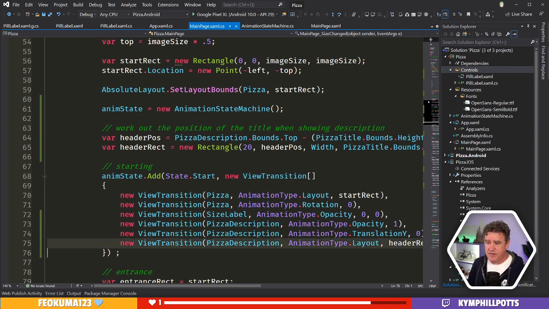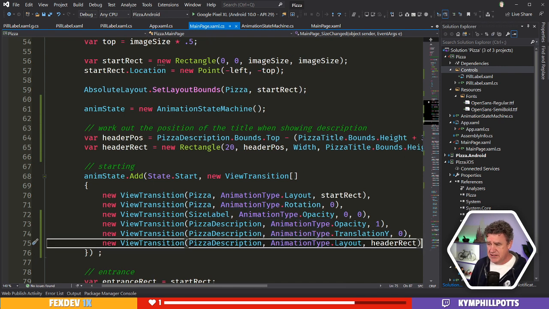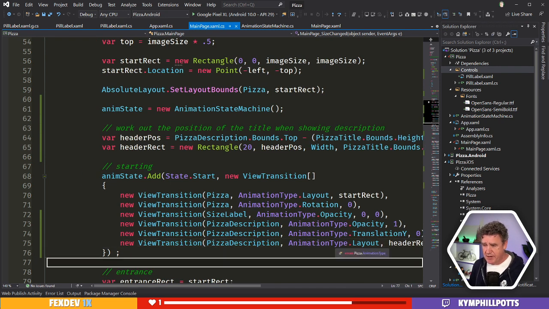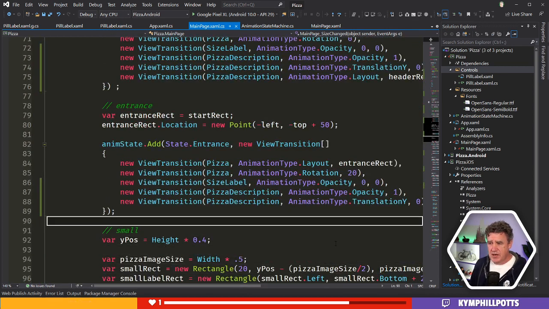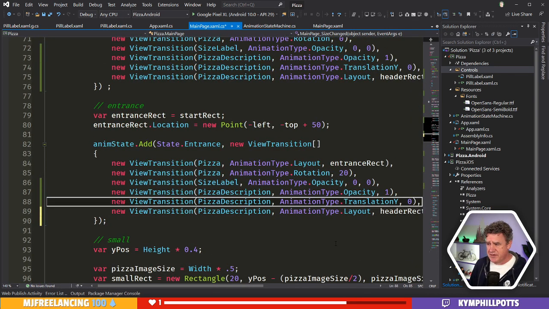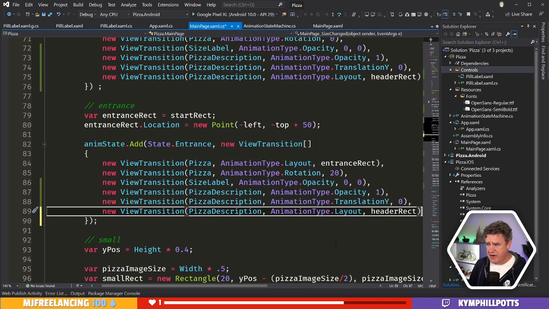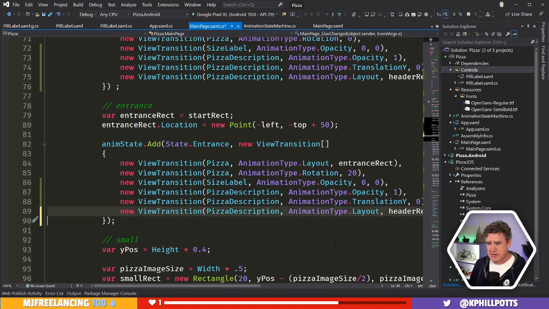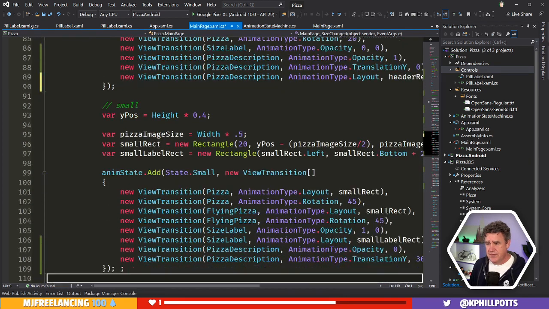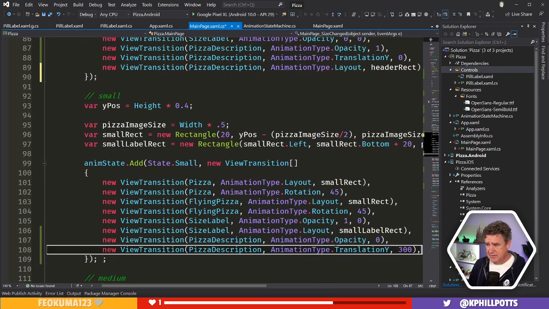So do I do that? There's a couple of options here, right? I could either do that, or I could just adjust the translation Y. That would be another option. Let's go with this. Let's see what ends up here. So under these two, it would have those values there. Beautiful. I'm going to header rect. And here,